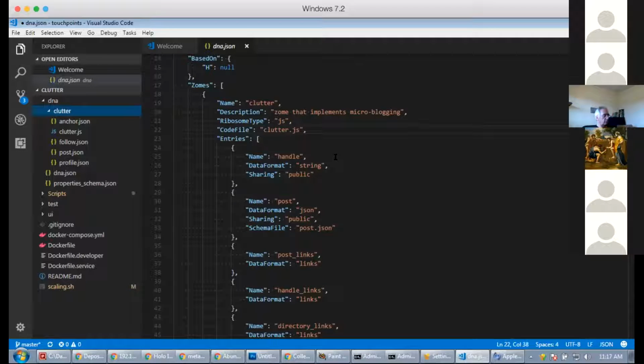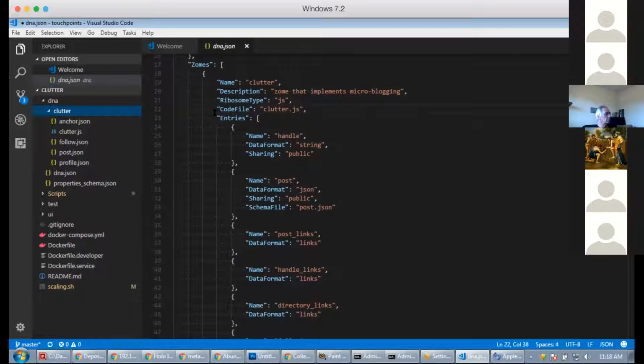Ray, would this be similar to an ABI in Ethereum land? I think so. That's an instance of a contract, basically. It's the interface that tells you how to interact with it. Yeah, it roughly is, definitely very close to something like that. Of course, this is not a contract that exists in some central ledger. This is just a set of source that, when hashed together, creates a DNA that allows other nodes to decide whether they want to talk to each other, because they're also talking that particular DNA language.